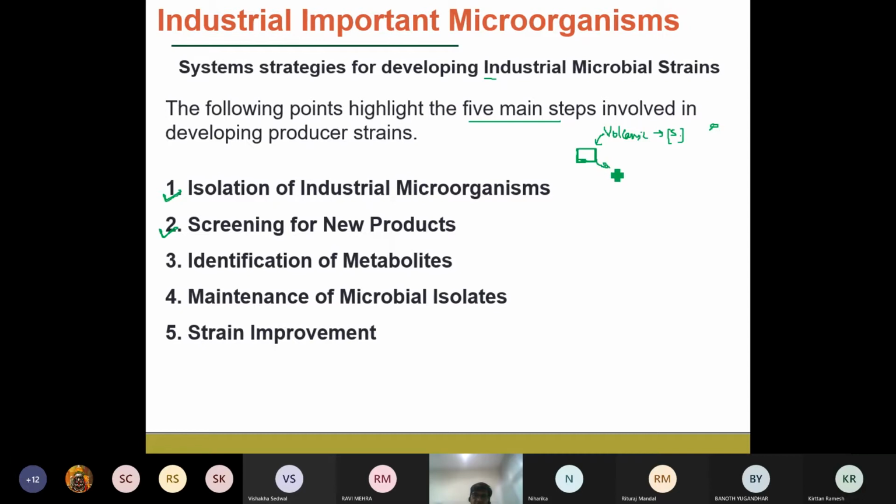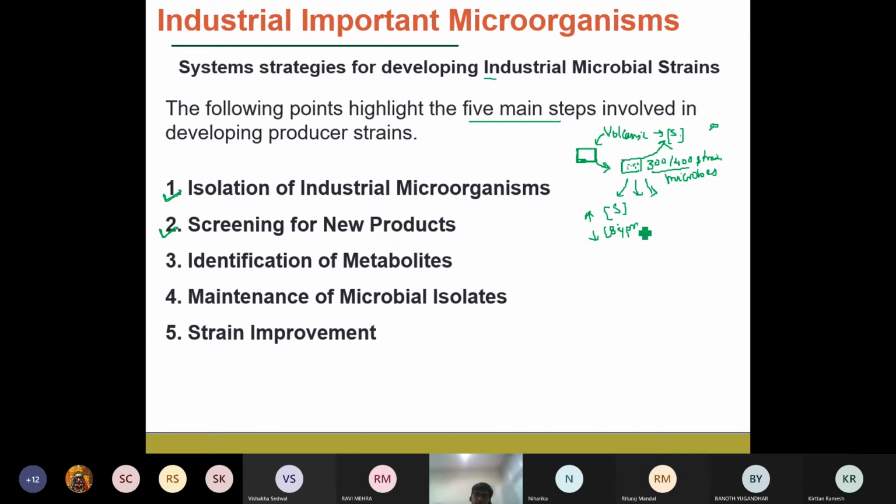When you look at the components present in the soil, you will find hundreds, maybe 300 or 400 different types of microbial strains. So how do you select from among them the one responsible for the production of sulfur? How do we screen them? We have to screen those 300 or 400 microbes to find out which one is producing the highest concentration of sulfur with the lowest concentration of any other byproducts.